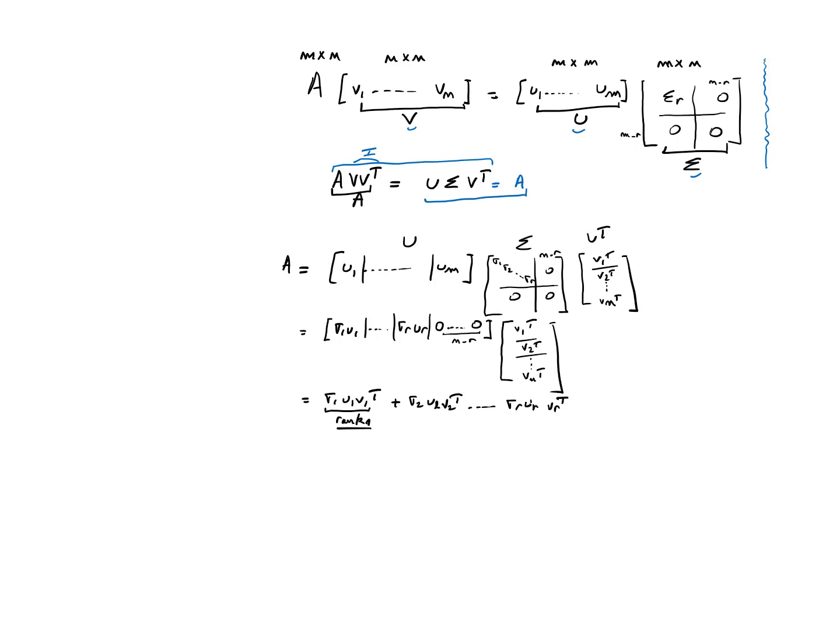So what we can do is write U in terms of its columns, and V transpose in function of its rows. Since it's not very clear with V over here, we'll write V transpose as a function of its rows, and it will be, of course, the columns of the original matrix V that have been transposed. So it's clearly in terms of the rows over here. So if we take this product over here,